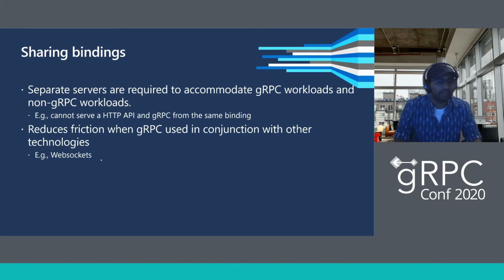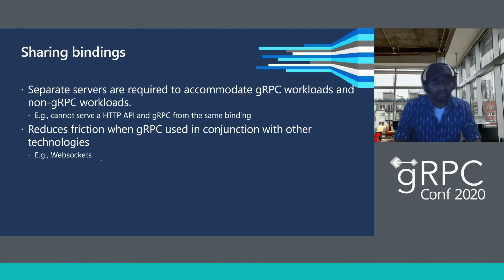Another benefit that we get is that there are other libraries in the .NET ecosystem that also use the hosted app model. So for example, if you were building an HTTP API, you'd likely be using ASP.NET Core. Or if you were building an application that used WebSockets for some real-time display of information, you'd probably be using SignalR. And since both ASP.NET Core and SignalR use the same hosted app model, you're able to share services such as the server and its bindings, or something like the logging infrastructure across both the gRPC and a non-gRPC